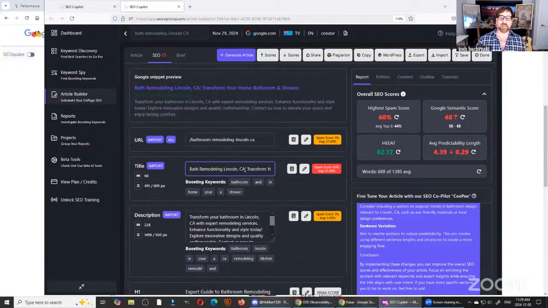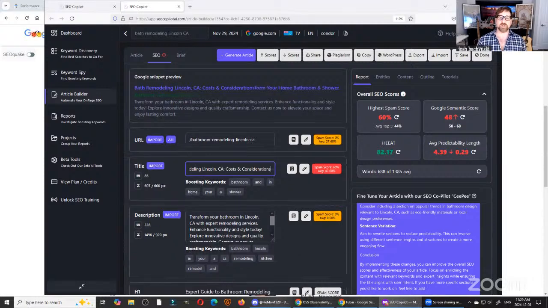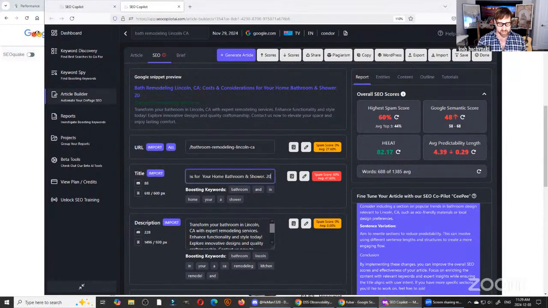Bath remodeling, Lincoln, California. Cost and considerations for your home bathroom and shower. And then 2025, I could put a date signal in there. That might be a good thing to do.